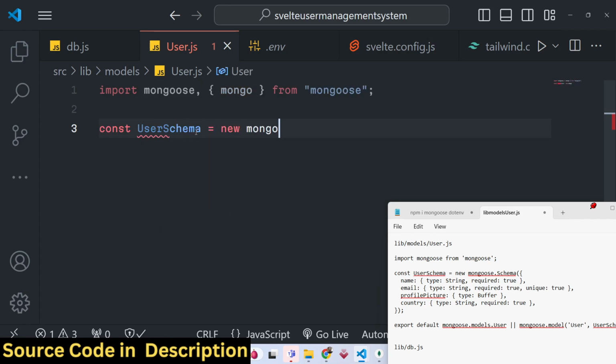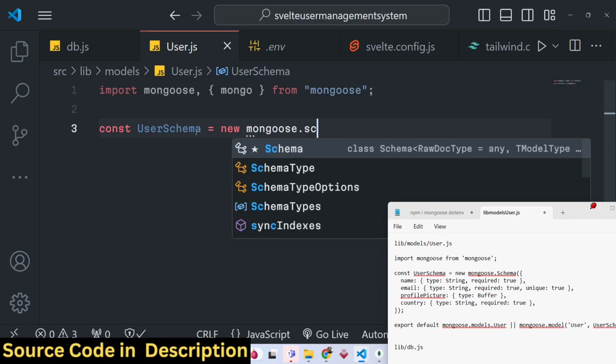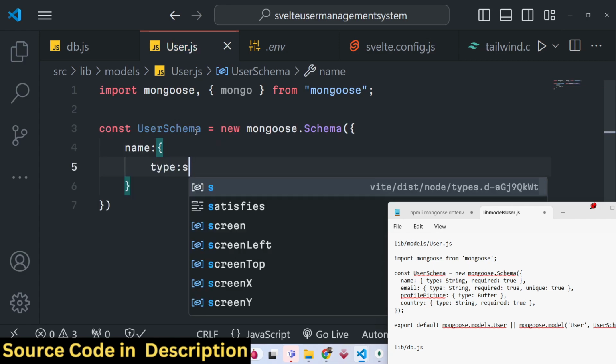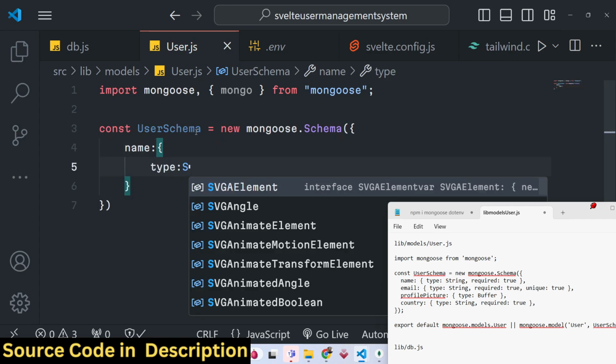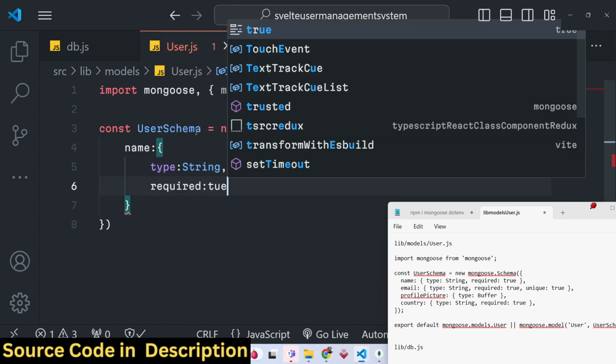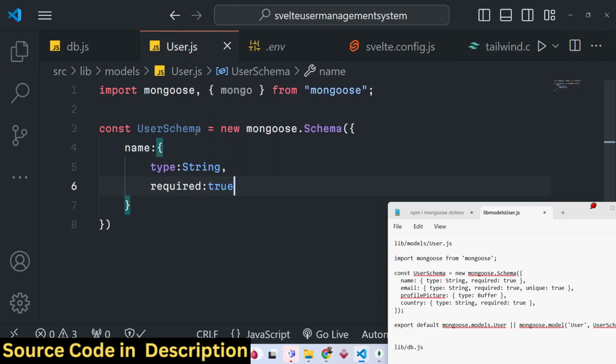New mongoose.Schema, it will have the name property which will be of type String, and required will be true. The name is required, and then we have the email, which is again of type